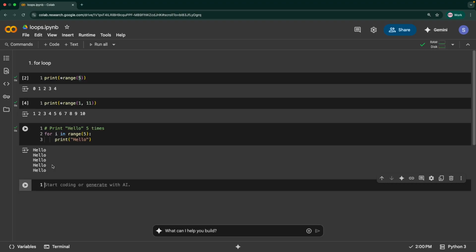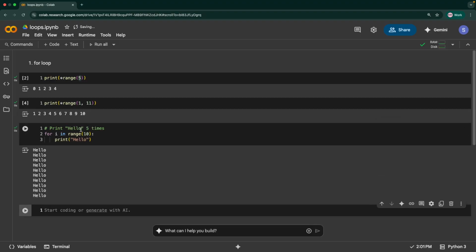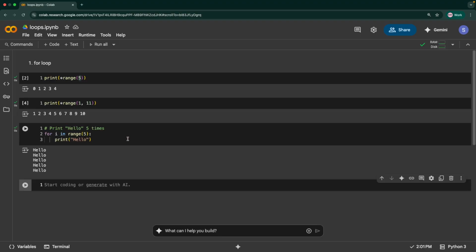In order to understand or remember this simply, if you want to perform a particular action 5 times, put range of 5. If you want an action to run 10 times, put 10 here. So you don't have to worry about the 0 and the ending value 5 and so on. It's better to remember this, but for an easier approach, if it needs to run n number of times, put that number here. If you want this to run 10 times, you put 10 here. So you would see 10 hello statements printed over here. So here I'll give this as 5. Okay, so this is the syntax for this.